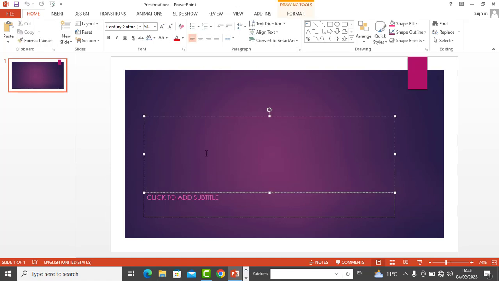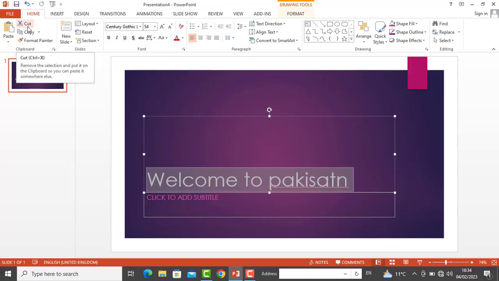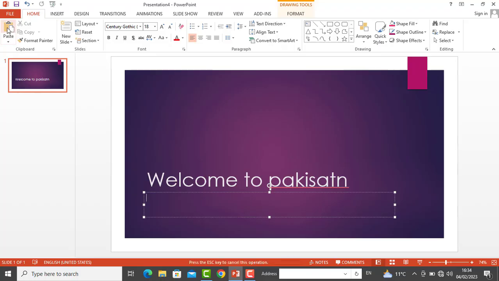The first one, if I'm going to write here, for example, text, whatever you want to write, so you can write here any text, right? So I write one of the text. I'm going to start from the home menu, select all of them with Control A. Cut means you can cut the text. Copy means if I'm going to copy this one and paste in here, click on the paste, automatically that will